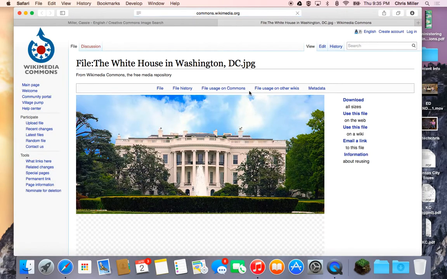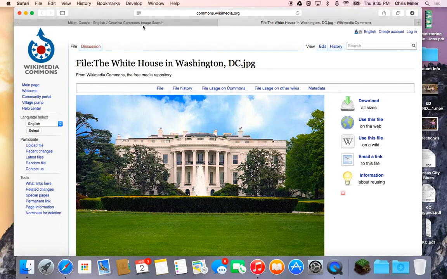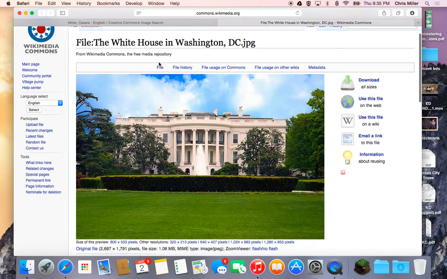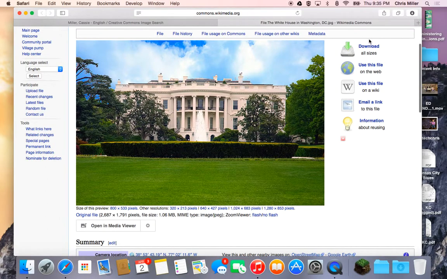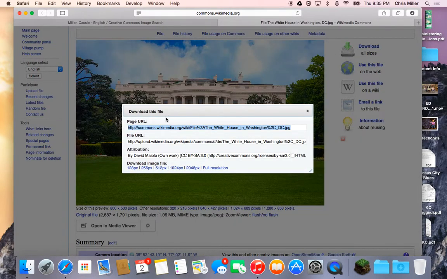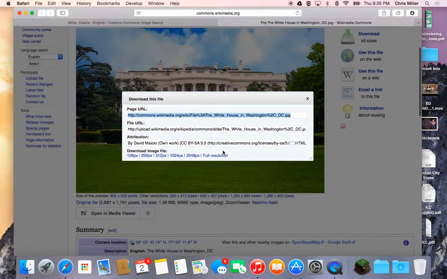You do not want to take the thumbnail because it will pixelate. And look, Wikimedia Commons. The nice thing about that is when I go to download the image, I have the URLs, I've got different image files, and I have the attribution, or basically how I need to cite and give credit to the creator of this image. So that's really awesome. I'm going to go for full resolution,